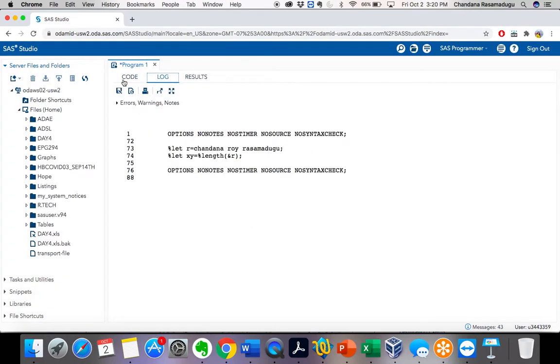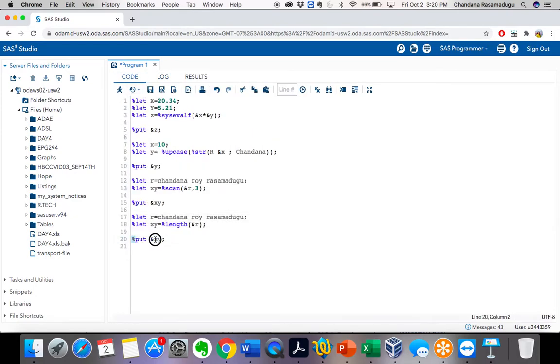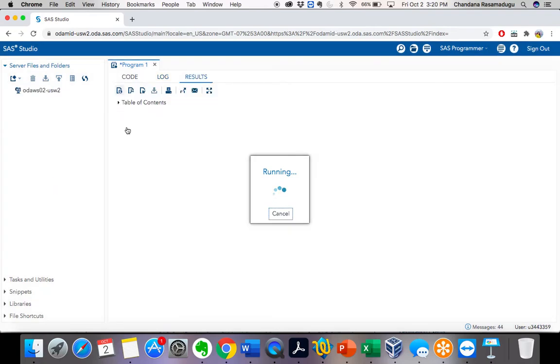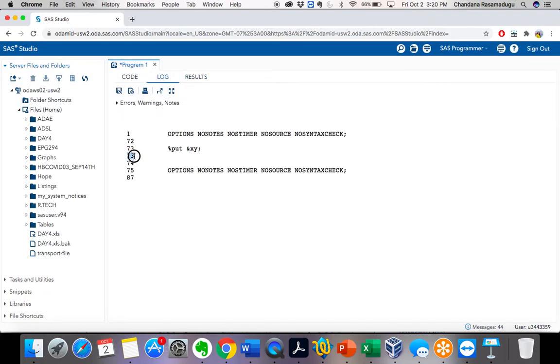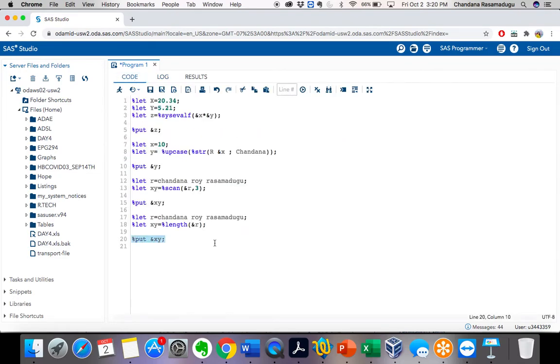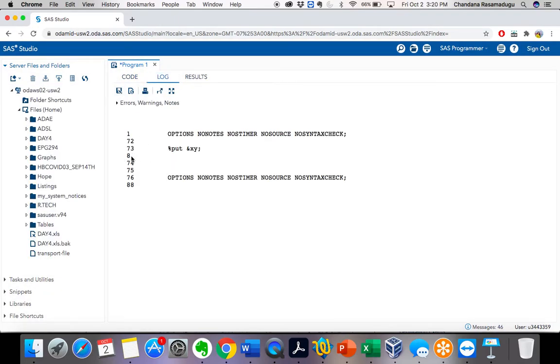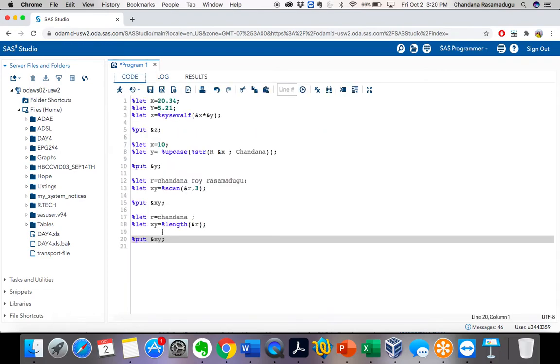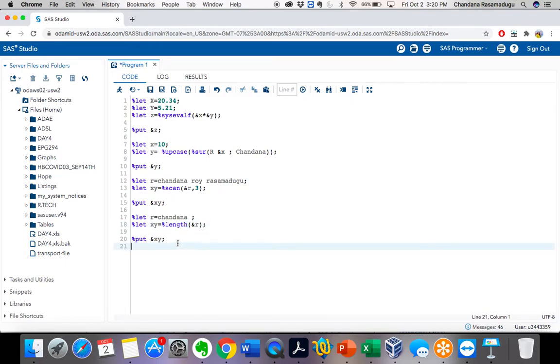Let's create a macro first, and now let's check what is the value that is stored in this xy. See, what is my xy length? 23 is my xy length. Okay, for example, let's remove these two words and now let's check the length. Let's check it. See, now my length is 8. Okay, like this we can check for the length of the string by using this %length function.